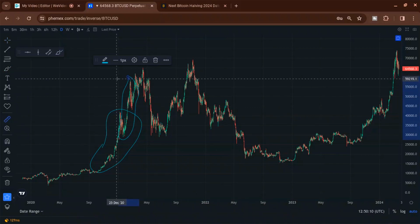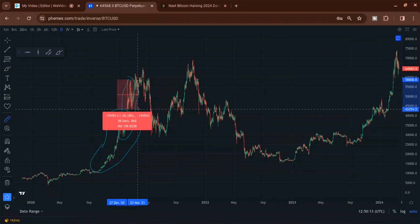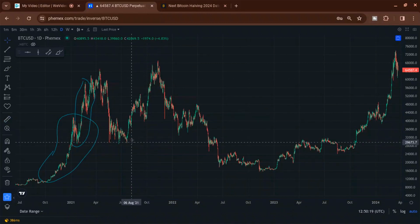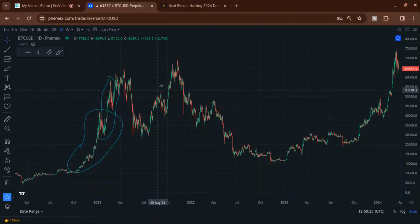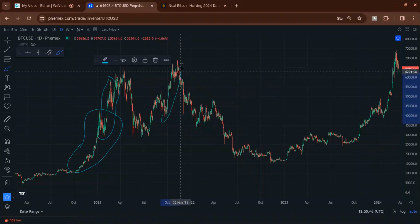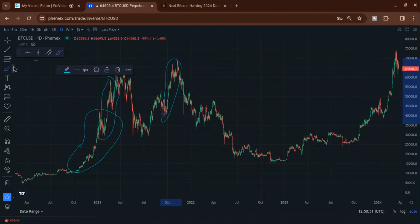What was the correction on that guy? 26% correction. There's another one here, 30 to... No, that's not the one. This next one here, from about 40,000 to basically the all-time high around 70. You could say either one of these peaks you could use, and it's close to a $30,000 pump. Get that out the way. With the correction of,